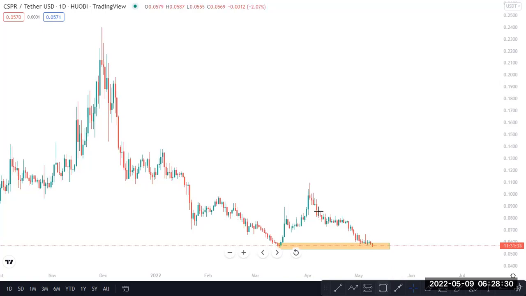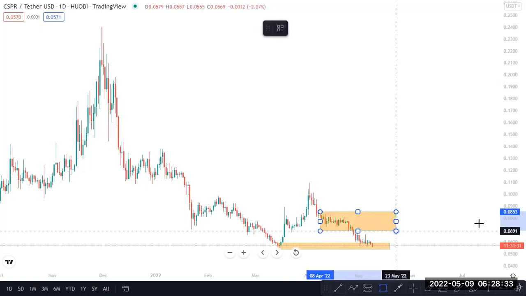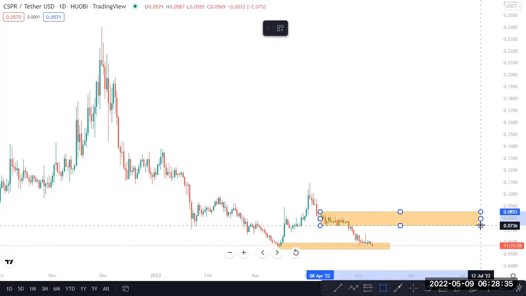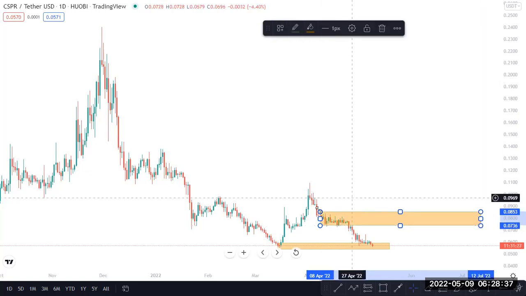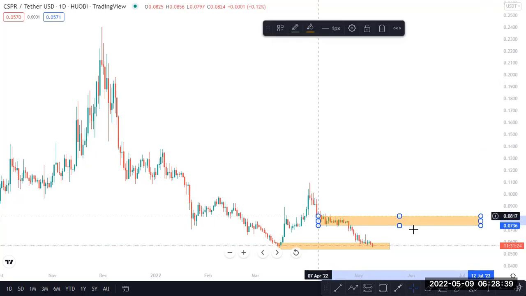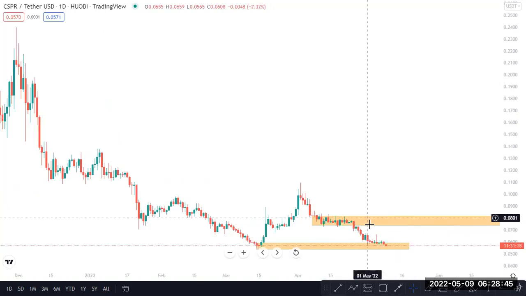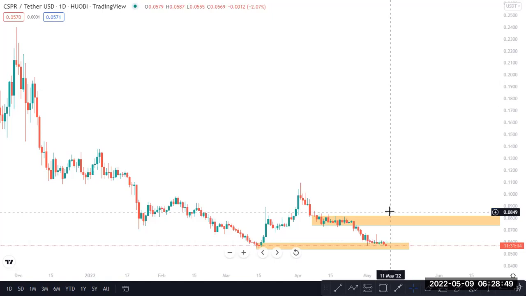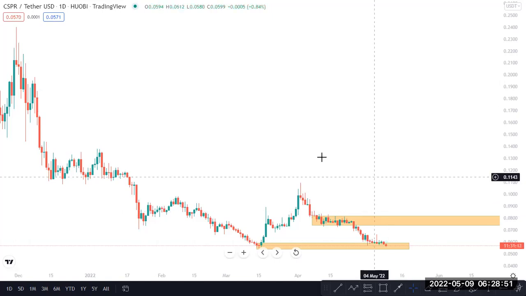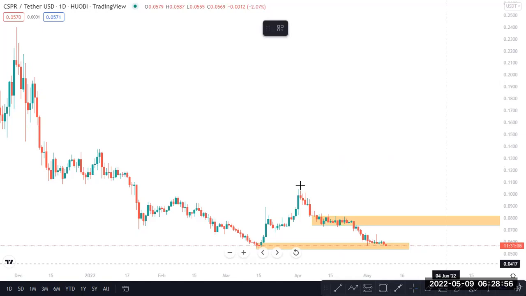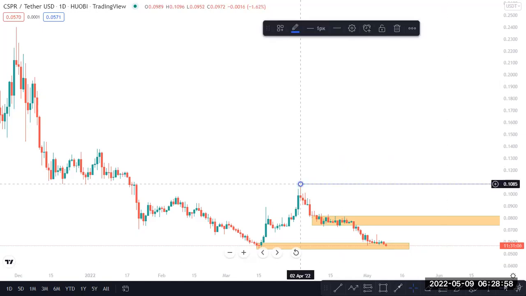And also we have this consolidation around this area. When we take our buys here, we want to see how this coin reacts around this consolidation. So if it breaks this area, then guys, that means we're going up. We'll set this target as our take profit for long term. For long term, we're targeting